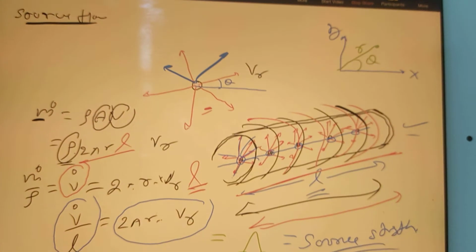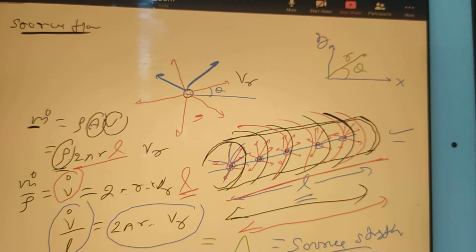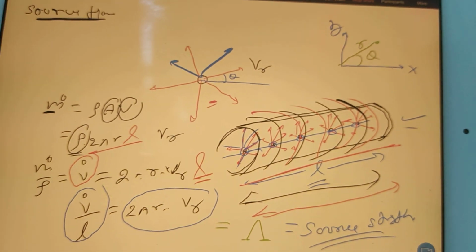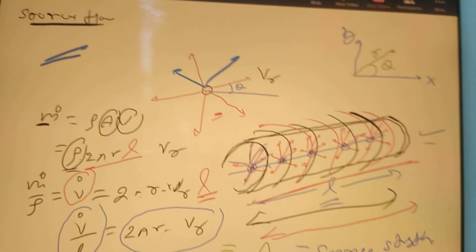Now see, we understood source strength. Once you have the source strength, what is the use of source strength, and how to tackle psi and phi values for this particular source, for this particular type of flow, that is a source flow? We will grow in the topic slowly.